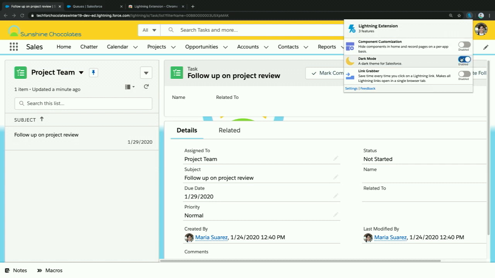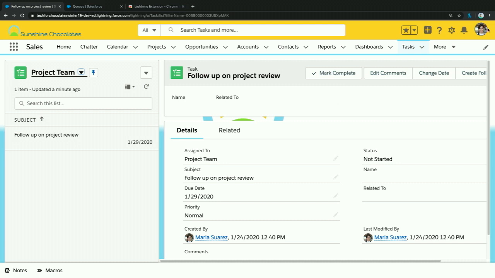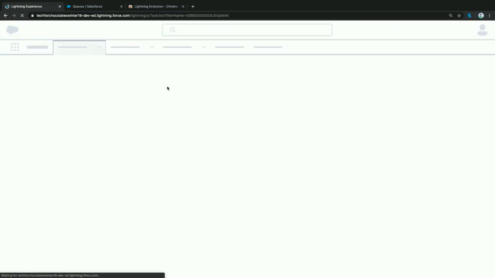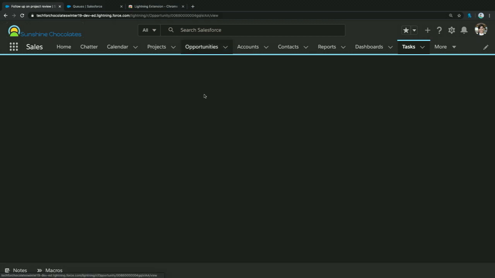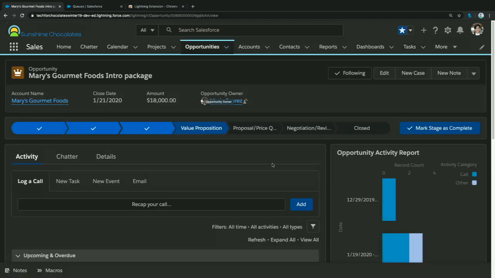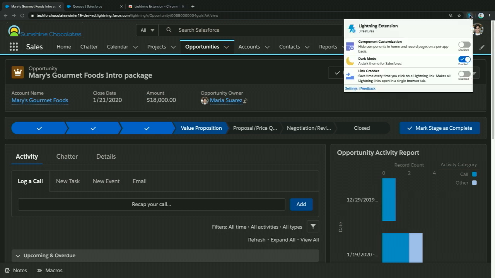So I'm going to go ahead and toggle dark mode. Awesome. Now I'll just refresh my page. Ooh, and so now I have my new dark mode that's applied all throughout Salesforce Lightning. So we're on our task view, but if I were to go to a record page, I think it looks particularly cool on dashboards. If you know you're going to use it for a while, you can modify your dashboard colors. But I think dark mode's a great reason to get it if you like dark mode, but it's also great if you're someone who likes to get hands-on with features early. This is why we created Lightning Extension.